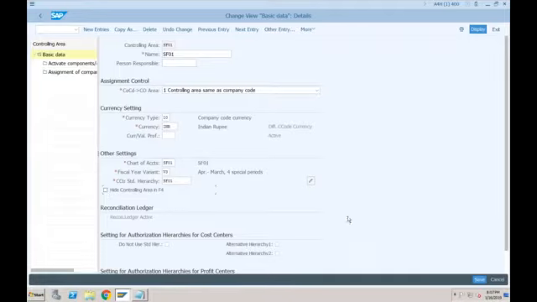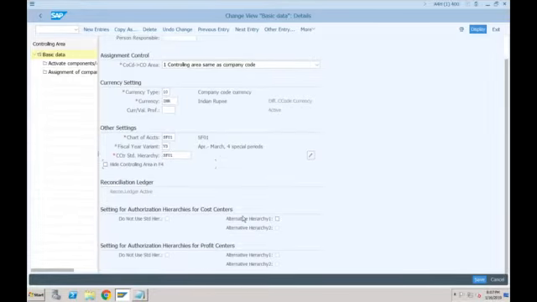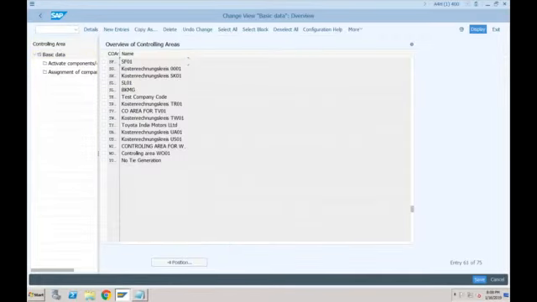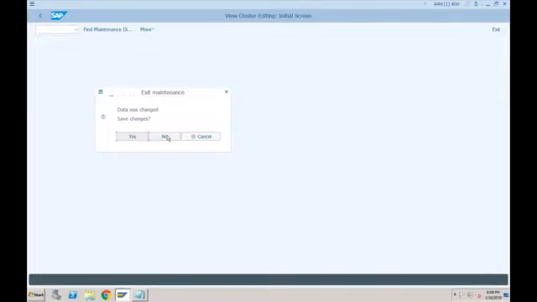Okay. You may find, when you go through the screens, there are some places where you may find new fields or some of the fields are not available. But I'm just focusing on the important fields which were not available earlier and which have a huge difference in SAP S/4HANA. Okay, so let me go back. Save the changes, no.